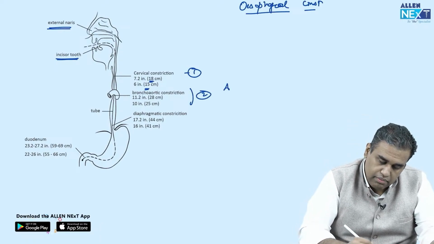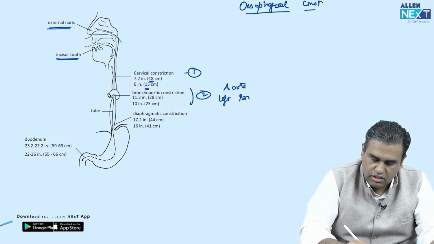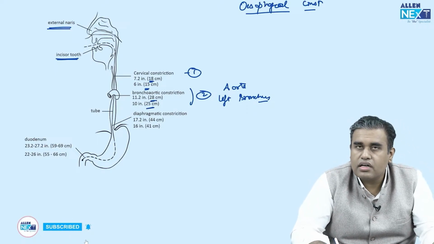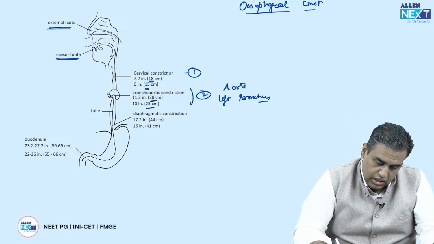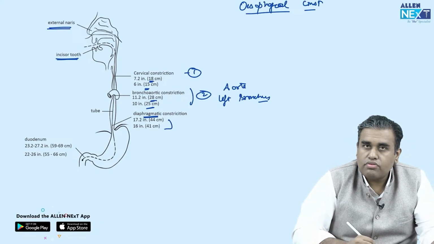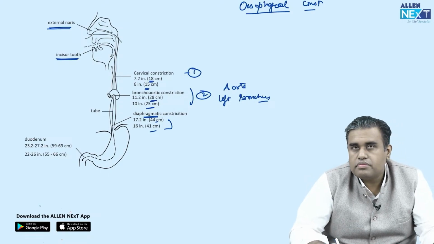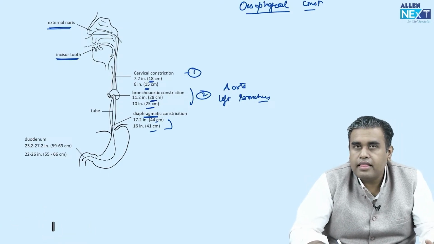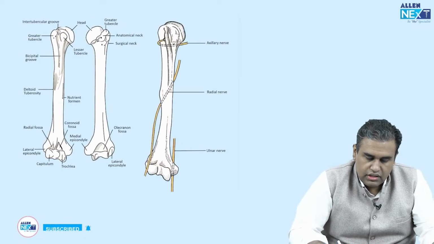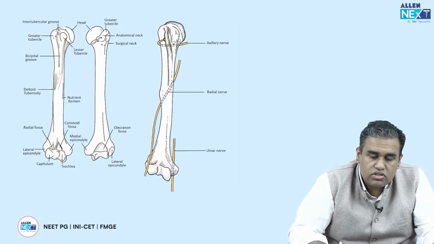Second constriction is around where the aorta and the left bronchus cross, याद रखिए bronchus जब बोलते हैं, when we basically refer to the left bronchus, वहां पे constriction मिलेगा, that is around 25 और 28 सेंटीमीटर, तीन का डिफरेंस है। अगला जो थर्ड या फोर्थ constriction कह सकते हैं, that is around when it enters the diaphragm, that is around 40 to 44 सेंटीमीटर। याद रखिए कुछ लेवल्स यहाँ पे constrictions, ठीक। चलिए आगे बढ़े यहाँ से। Then upper limb part, very very famous question, आजकल बहुत आ रहा है।